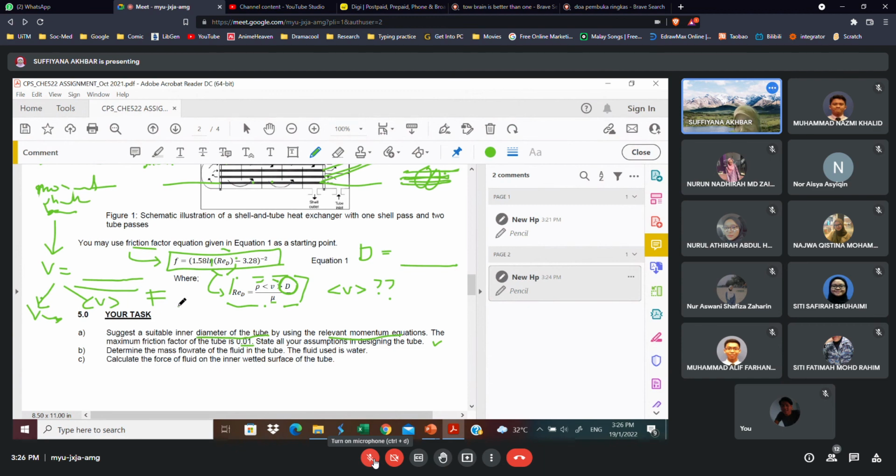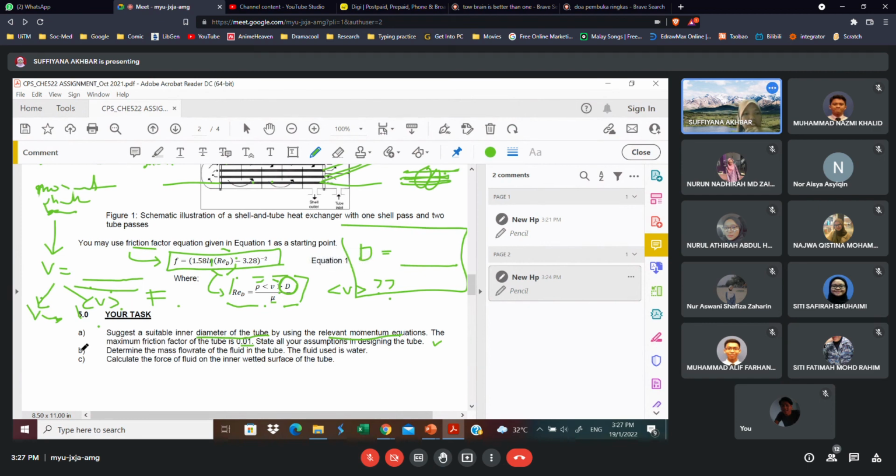Betul tak? You buka balik nota dalam momentum. So you ambil lah daripada V ni masuk lah dalam ni, then you dapat lah diameter is equal to something. So kalau value tu tak ada, then you leave it dalam unit tu lah, variable benda yang tiada nilai tu. Macam tu lah. Okay, macam saya dah menjawab soalan sebenarnya. Sebenarnya saya nak ajar you how to think, daripada macam ni kita nak analisis soalan ni.